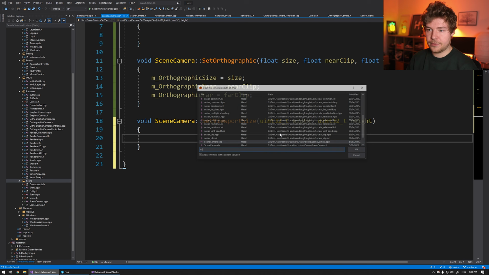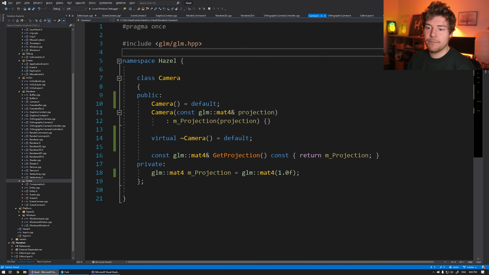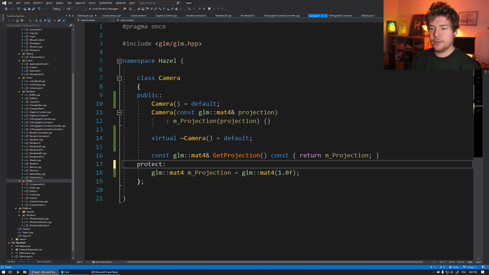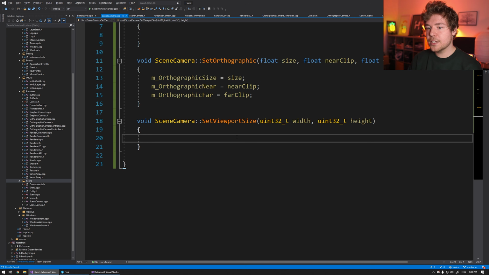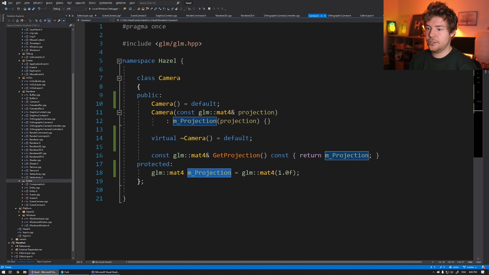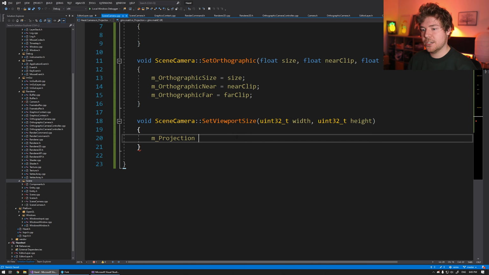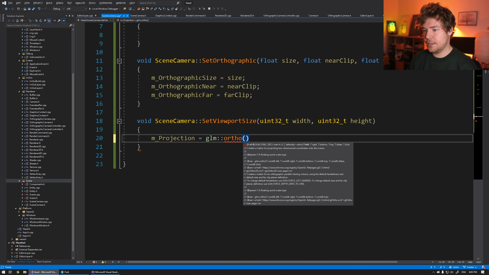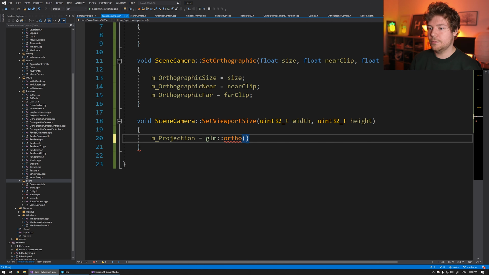If I jump into camera, I may need to make this protected. Over here, what I'll do is basically just set the projection, maybe I should call this projection matrix, I'm not sure. We basically just want to set this to GLM ortho, and then this here will be,